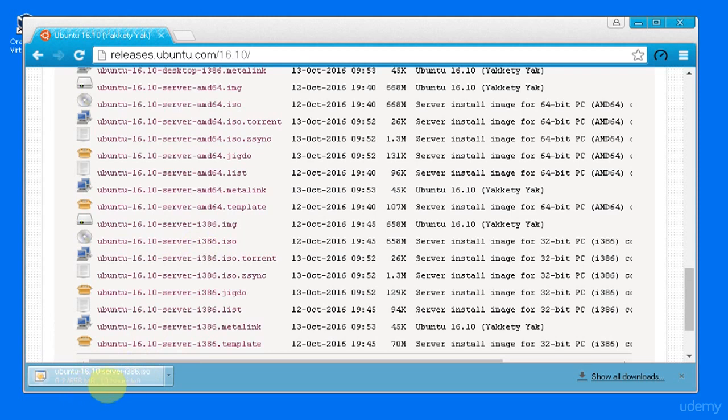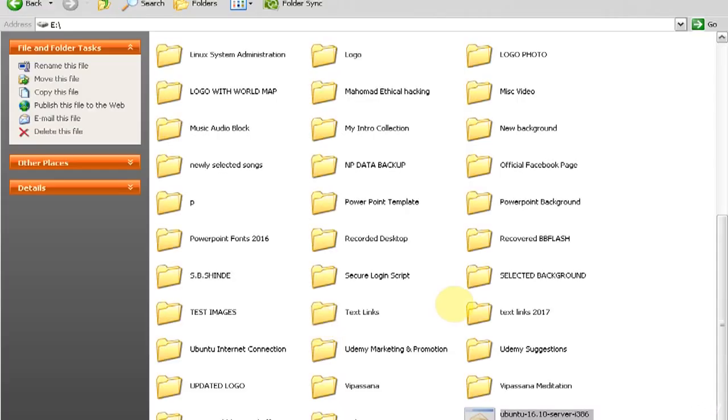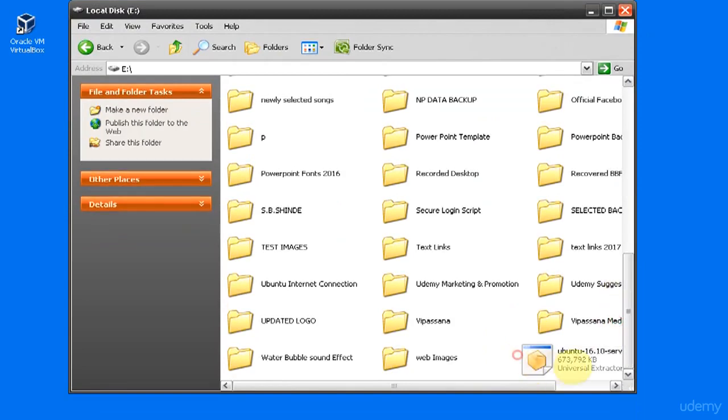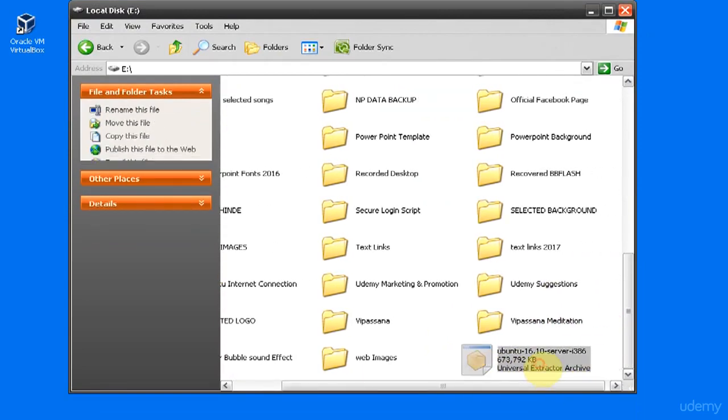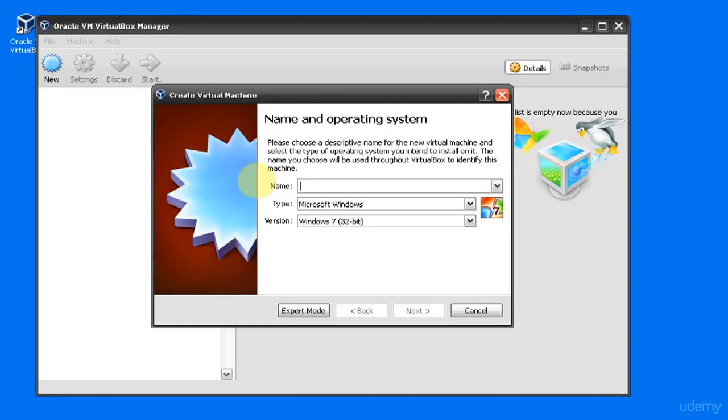So it takes a long time to download, so I'm cancelling the download here because I already downloaded it on my machine. Here on E drive, you can see the Ubuntu server ISO file is present. After putting that file on E drive, just start the VirtualBox and click new, and here type